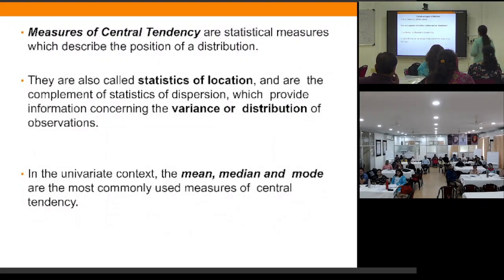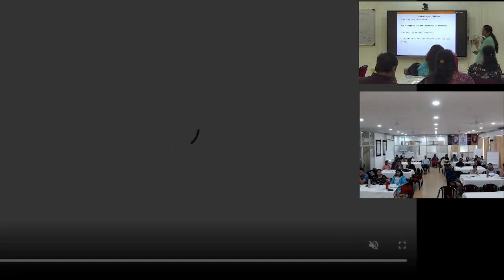Okay. And the disadvantage: of all the values, you are just getting the middle one. It is not capable of further mathematical treatment. In a lot of inferential statistics you need the mean. Median is not very helpful in further inferential statistics. It is affected by fluctuation of sampling, and in case of an even number of values, it may not be a value from the data, like the example I gave.